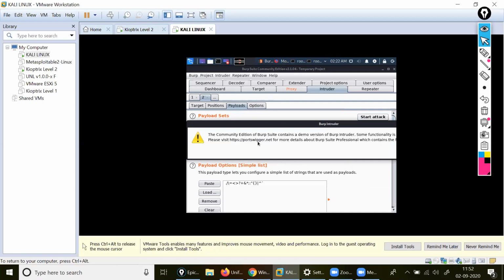What is coming? Community edition of Burp Suite contains a demo version of Burp included some functionalities. Not there. Okay, are you getting? What is the problem coming? This is my demo edition. If I paste it and then try to attack with the SQL injection, what is coming here? This is telling you Burp Suite contains a demo version.